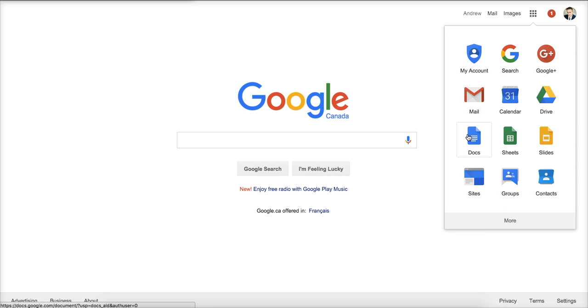So if I clicked on Docs, that would jump immediately into a Google Doc tied to my account. I could just start typing and working on it right away. Same for Slides. But here we want to be looking at Drive, and this is the easiest way to get into Google Drive. So I'm just going to click on the Google Drive icon here, which is these 3 different colored bands that make up a triangle. And once I select that,